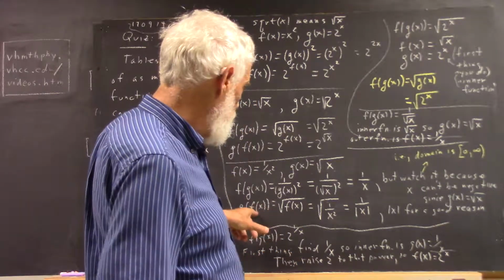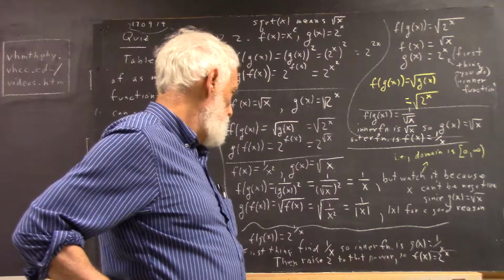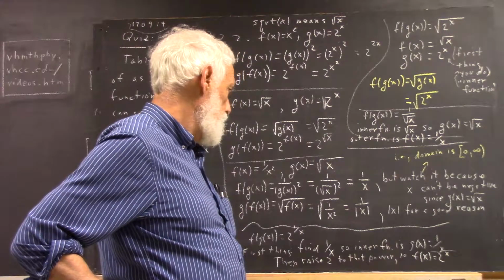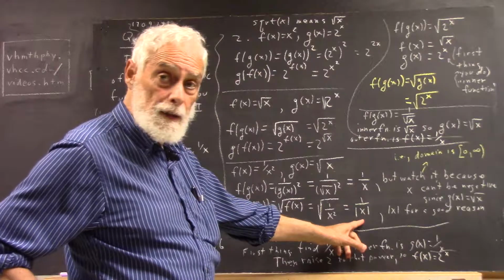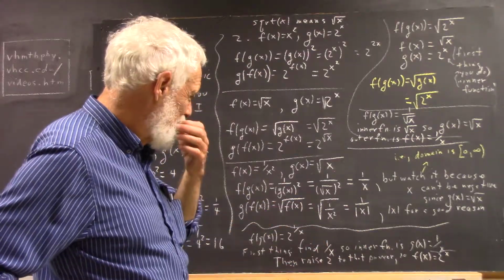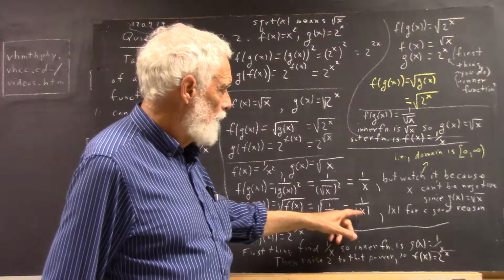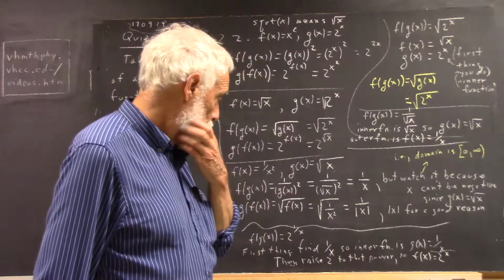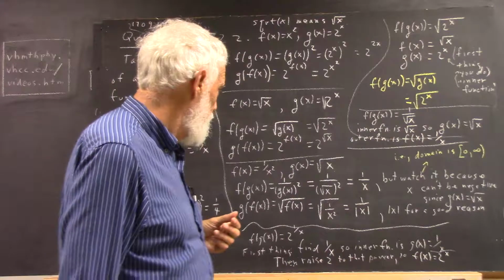Then g of f of x. Are there any problems here? Clearly, there are, because this isn't even defined if x is equal to 0. But the thing I want to focus on here, because I didn't really mention the domain, is that I'm simply saying you have the absolute value signs around x for a very good reason. And what's that reason? Well, it's because